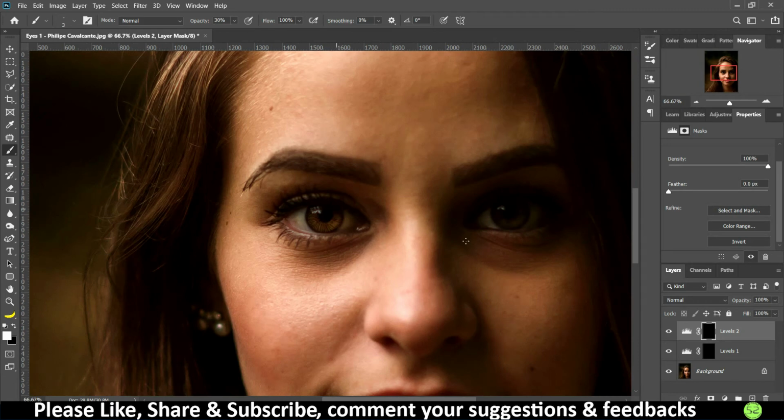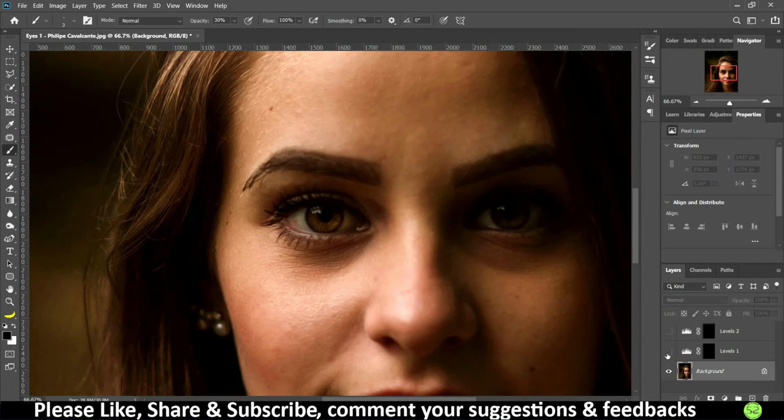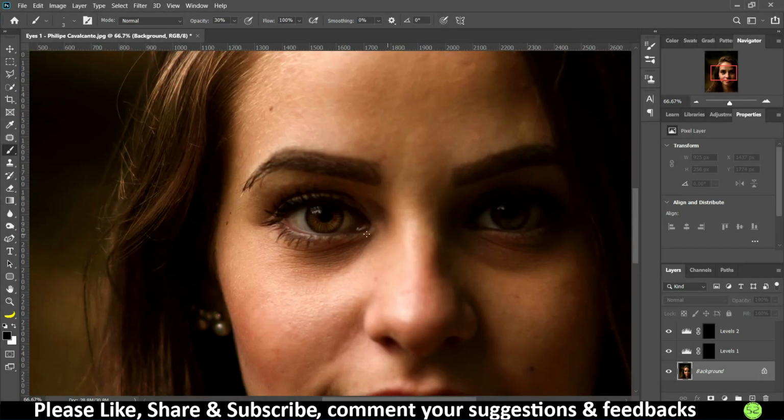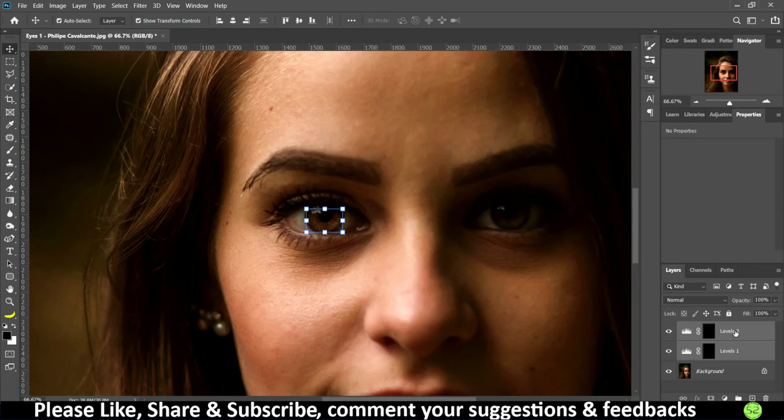Now if you see, with this image, this is the before and this is the after. It looks so better, it looks so good. I just want to edit this more, but as you can see, this is the eye that we work with, but this eye is still left over. So what we have to do is just go to the move tool first and select both these levels. So I've selected both of these using the shift key, and now I'll just tap the Alt key so that I can duplicate this one, and I'll just duplicate.